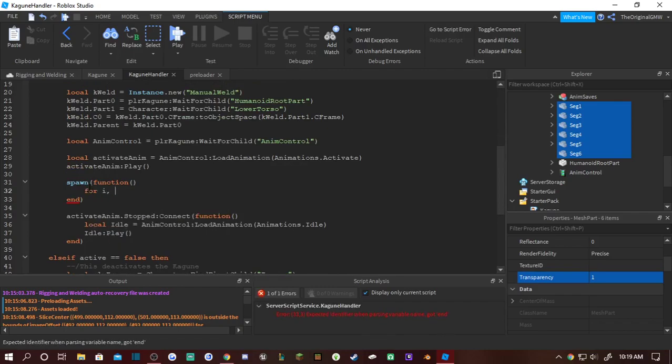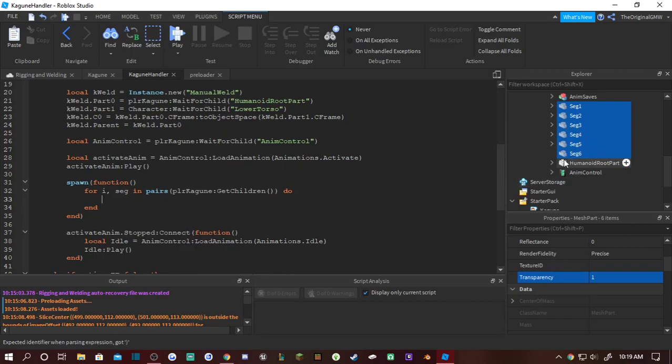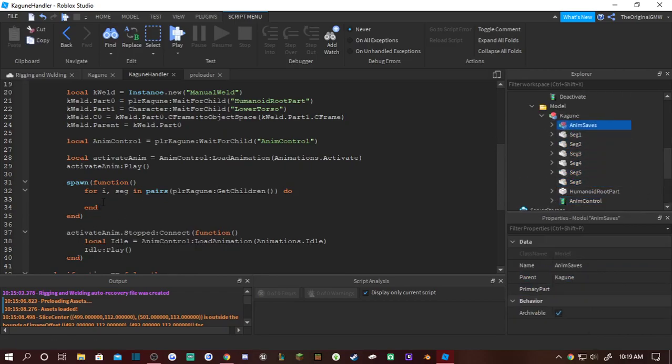And we're going to do for i, seg, so short for segment, in pairs, then we're going to do player Kagune get children. So we're going to get all the children that's inside of Kagune. And since the segments are mesh parts, we're going to do if